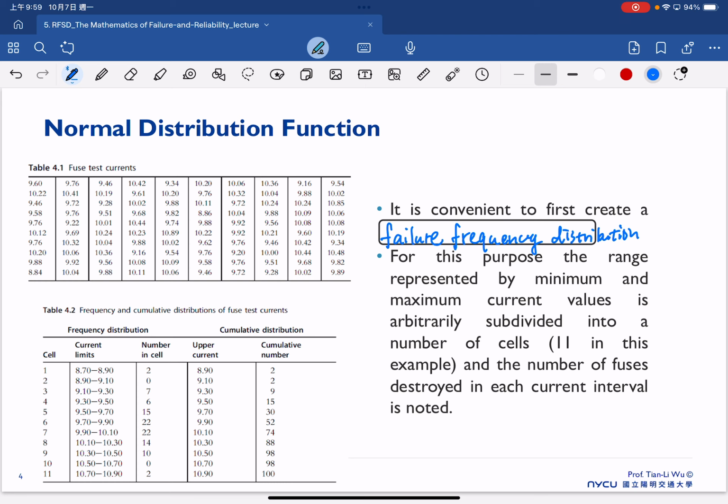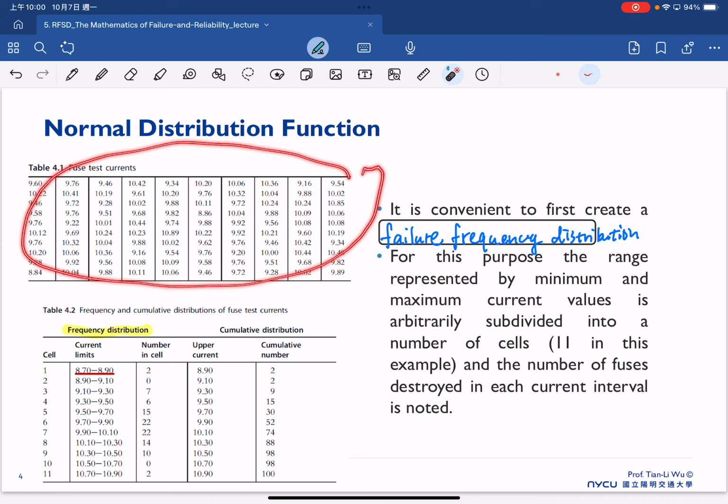You can see we define the failure current in a certain range, and then we count how many fuses broke in this range. For example, if the first current range is 8.7 to 8.9, we can start to count inside this table. We found that there are two